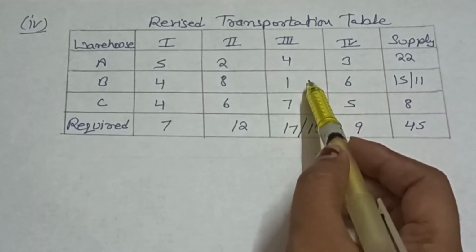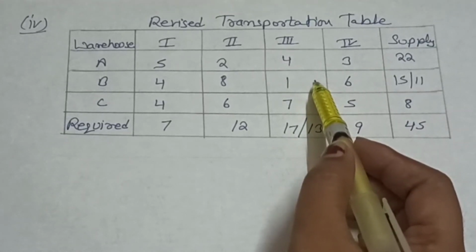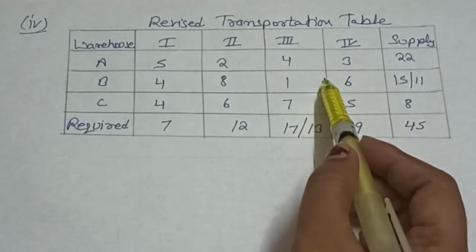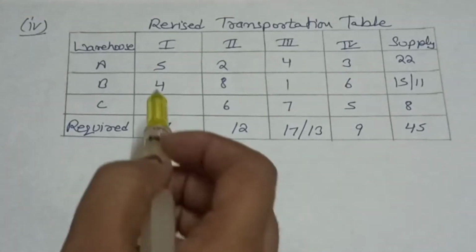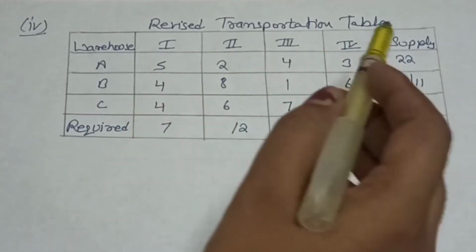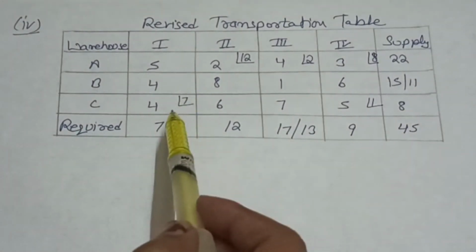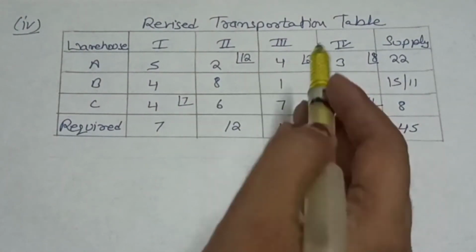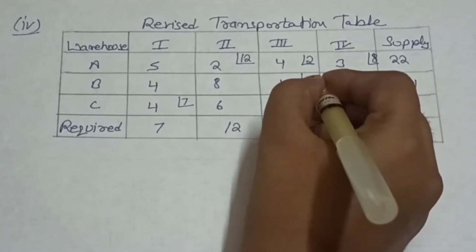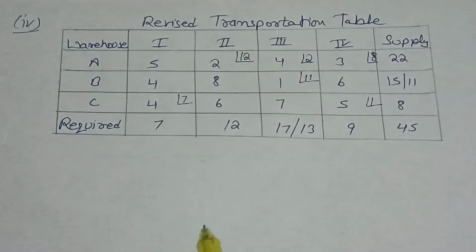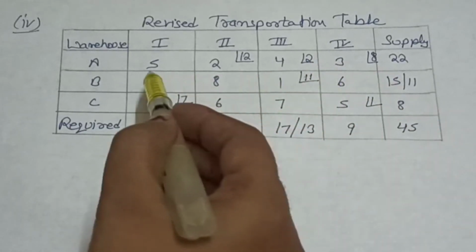So we will check here the allocation. Here we have allocation is 15. You can see in the matrix you have allocation here 15. So we will calculate this allocation and all our allocations will remain the same. You can see we have these old allocations and here we will write 11. So 2 and 11 is equal to 13 and here we have only 11.